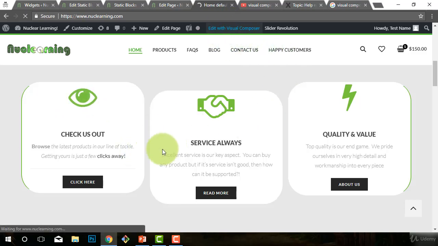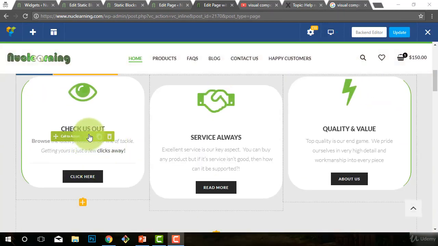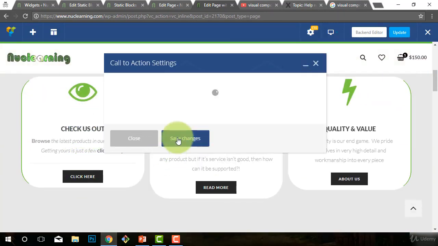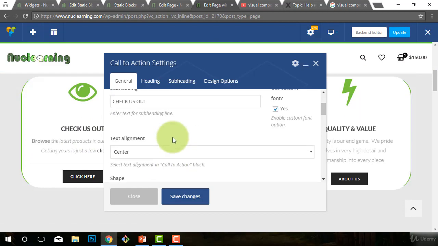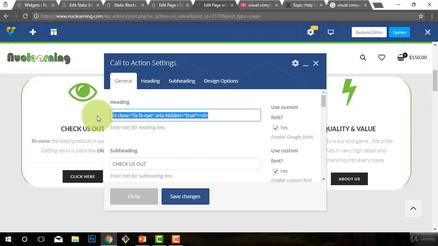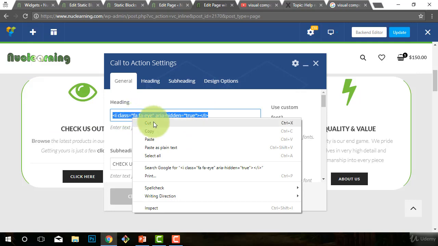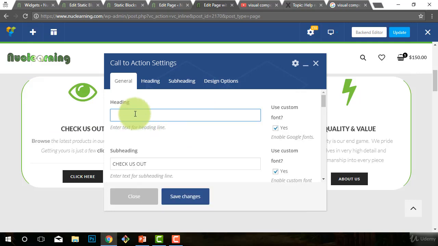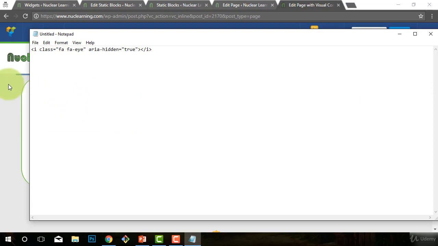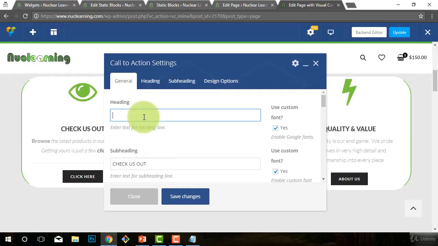Let's do that now. Edit with Visual Composer. So I'm just editing this page. Okay, and I'm just going to edit this element. Now, what I don't want to do is lose this information here. So I'm actually going to cut that, and I'm going to paste it in a notepad, so that I can just copy and paste it back. Okay, I've pasted it there. I'm going to go back,